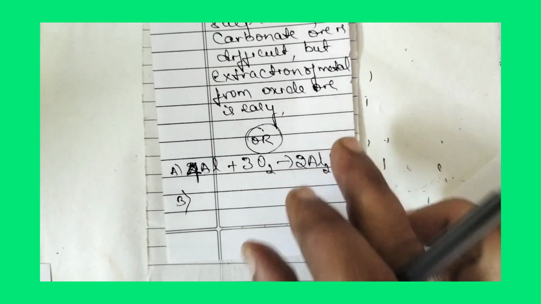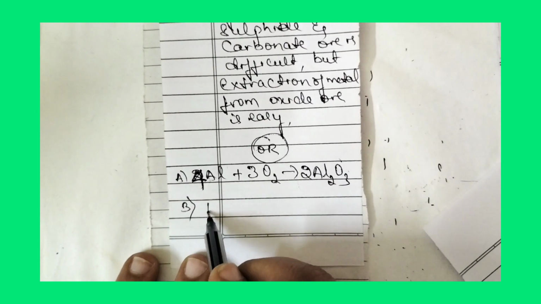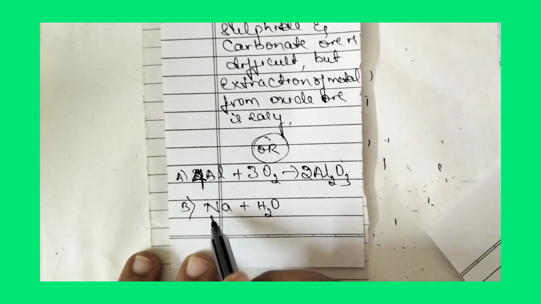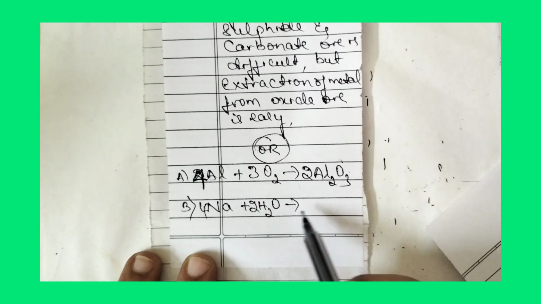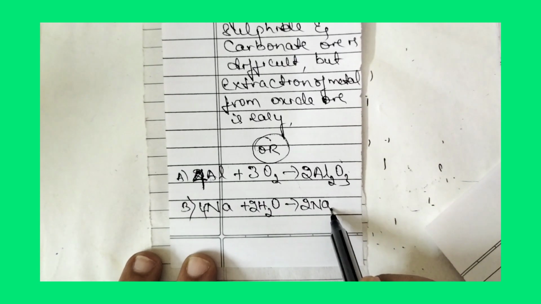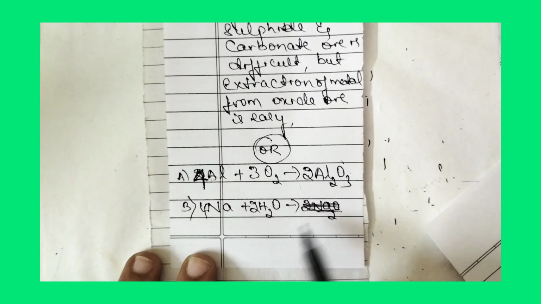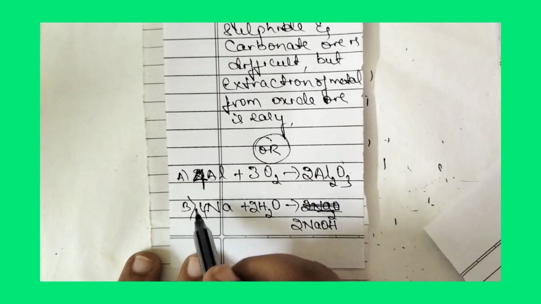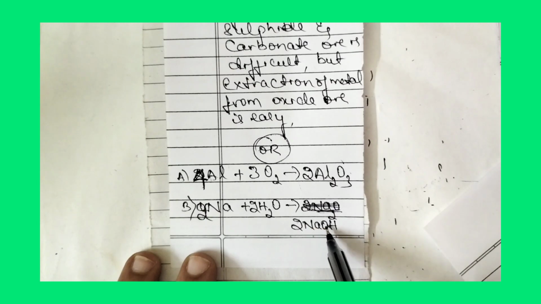Now let us move to B question. What is the B question: when sodium reacts with water. So let us see what happens when sodium reacts with water. That is 4Na plus 2H2O gives rise to 2Na2O. Sodium will become hydroxide. So it will become 2NaOH. So if we put 2 here, 2Na plus 2H2O gives rise to 2NaOH plus